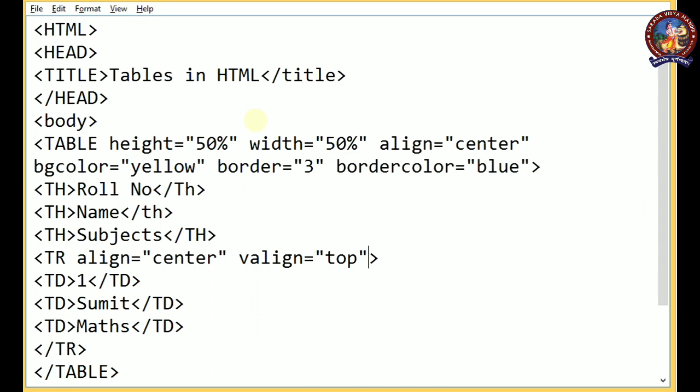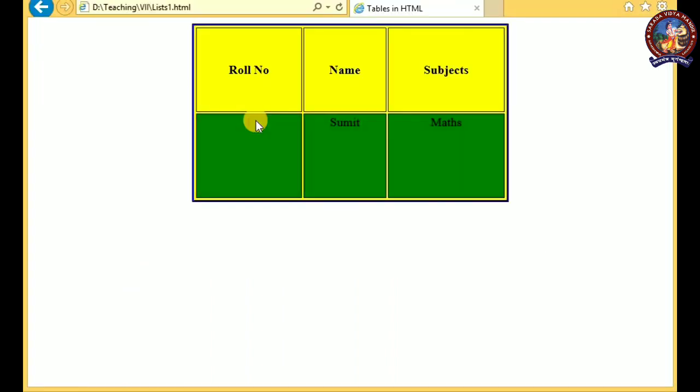Suppose I take the bg color equals to green, let's see the changes. You can see that after refresh our data is at the top according to vertical align, according to horizontal align it is at the center, and the background color is green. Okay, so this way we can give the data.